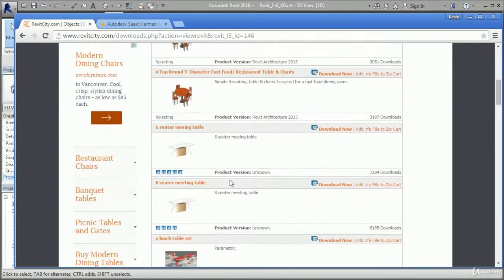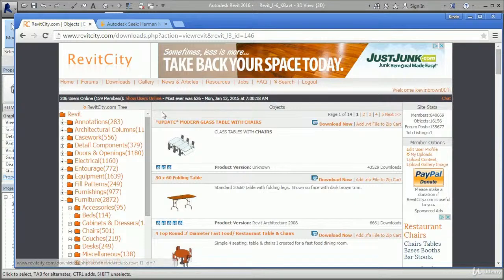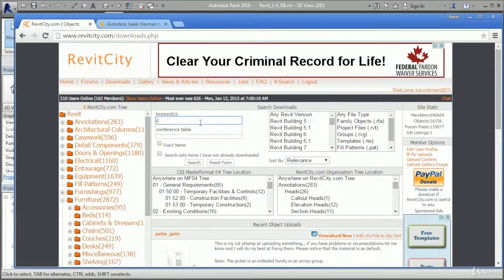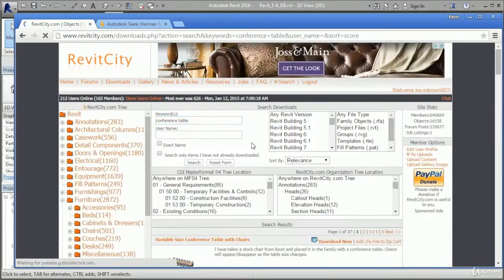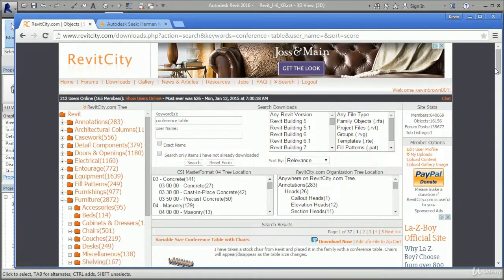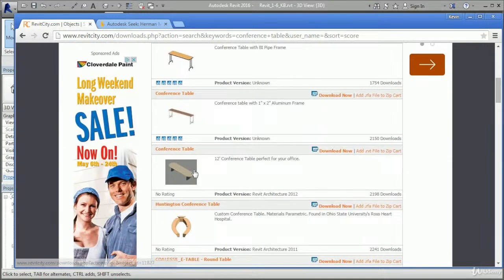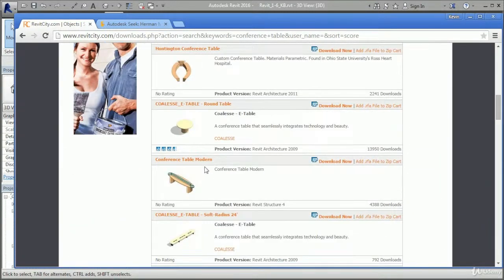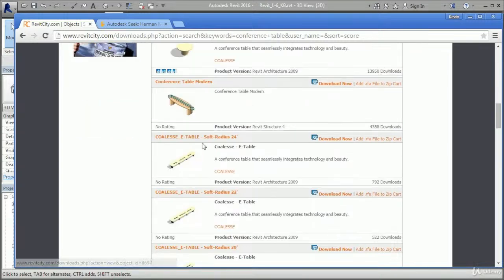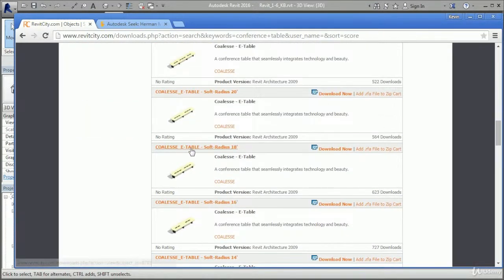And let's do a search as well. I'm going to look for a search panel. Let's go back to our downloads, and I'll do a search for conference table. And if I do a search for conference table, here we have a variable size conference table with chairs. Here we have a Coalesce E-table, a modern conference table, a soft radius conference table. All of these different